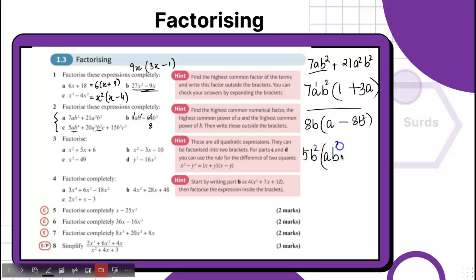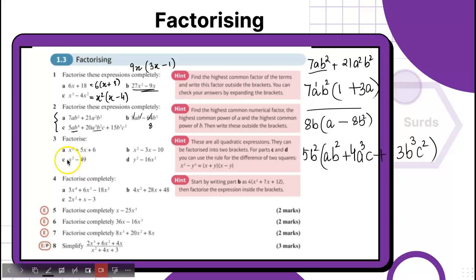So we need 2 more, plus 5 times 4 is 20. a cubed, complete a is going to be there because we don't have a common. b squared is outside, so c will be here, plus 15, that gives you 3. b to the power 5, so b squared is outside, so it would be b cubed and c squared. This is what your answer is.